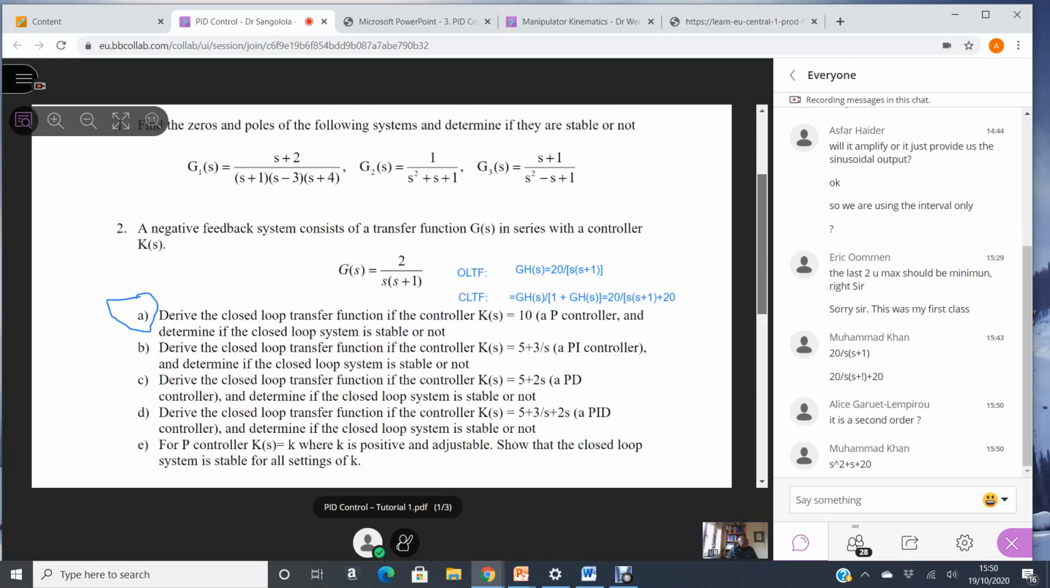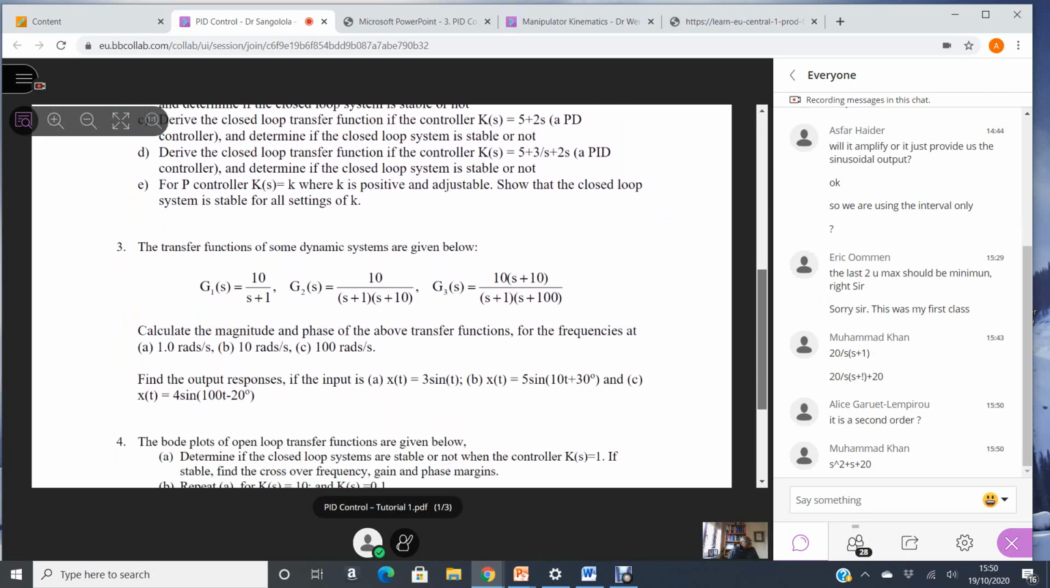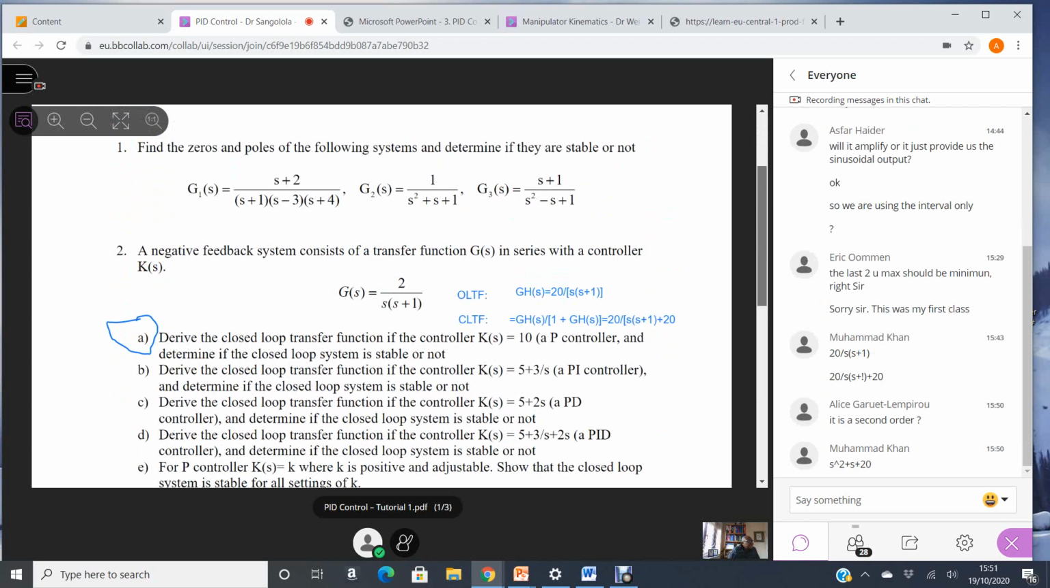So, if that... what are we asked to do? To determine if this closed loop system is stable or not. So, with that characteristic polynomial, yeah,